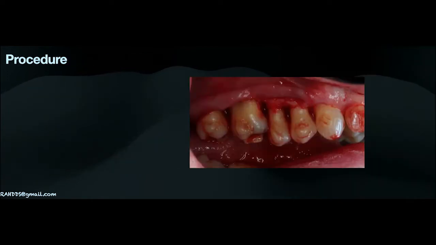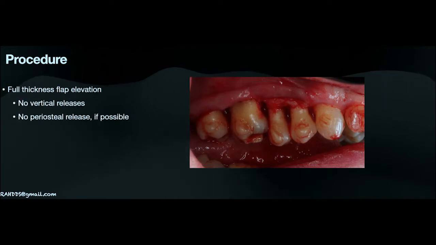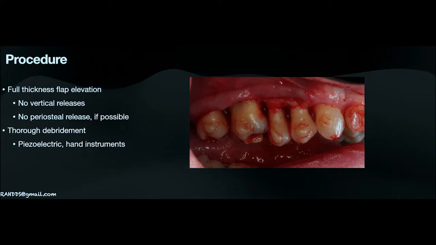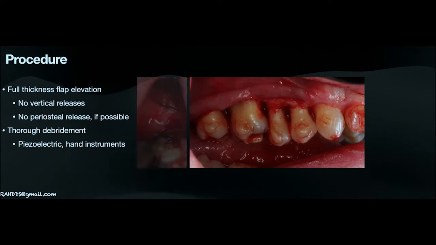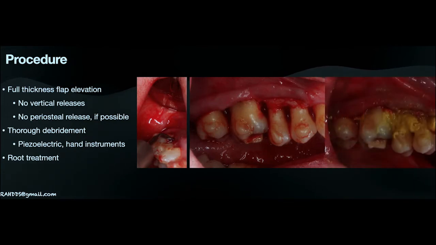So I open, I root plane the crap out of it with hand, CHS, cold hard steel. I'm using my piezo scaler. I'm getting in there. I'm going to use tetracycline to treat the root surfaces, and maybe just in case I missed a bug or two, the tetracycline may get rid of it. And then I'm going to take the most bioactive bone graft that I can put in there. Most bioactive bone graft I have is going to be